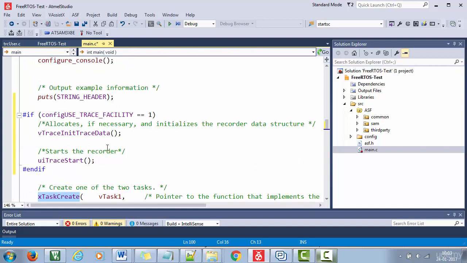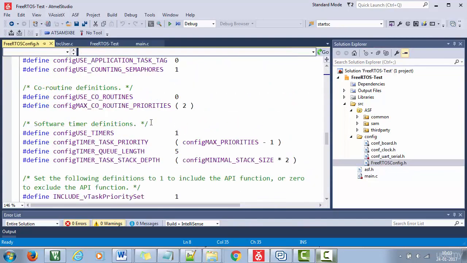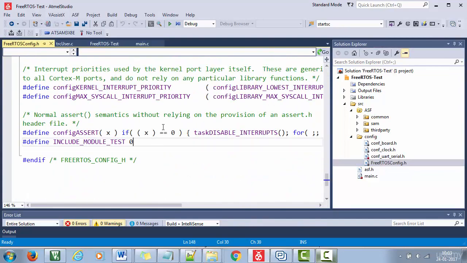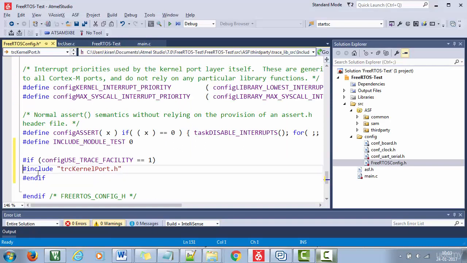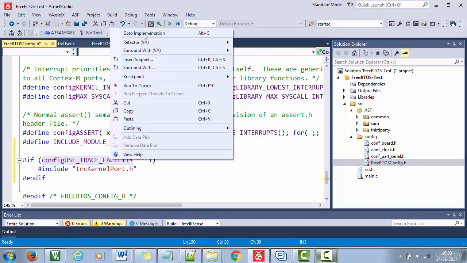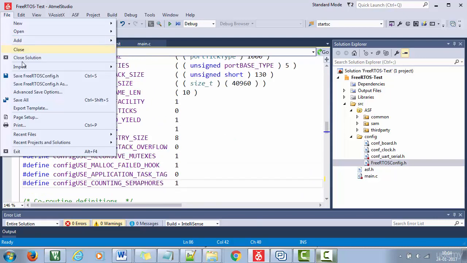Now you have to do one more thing. Let's save this first. Go to your pre-RTOS config.h, and at the very end you have to add this header file, that is trace kernel port.h. Just copy this and add it here, only if this config trace facility is equal to 1. This config item is defined here. This has to be 1. All right, so now save everything